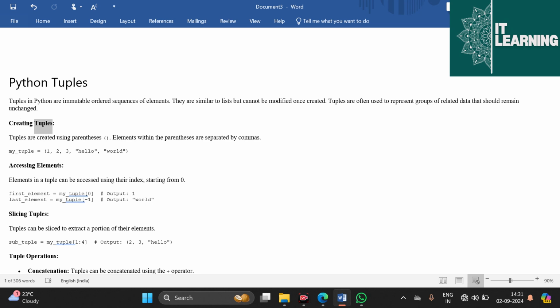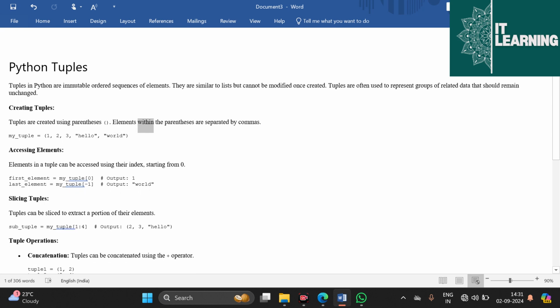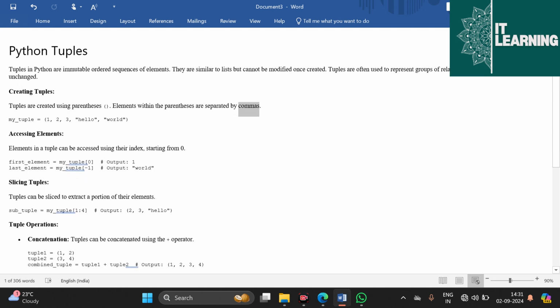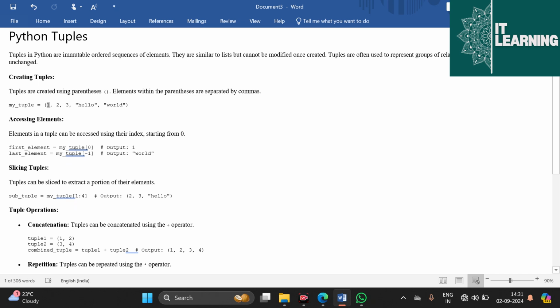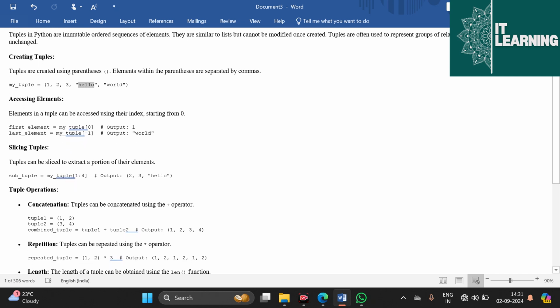Creating tuples. Tuples are created using parentheses. Elements within the parentheses are separated by commas. my_tuple = (1, 2, 3, "hello", "world")